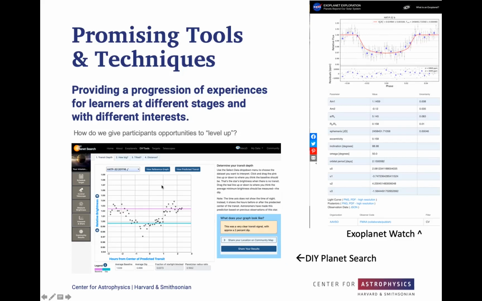So this is an introduction to photometry and variable star